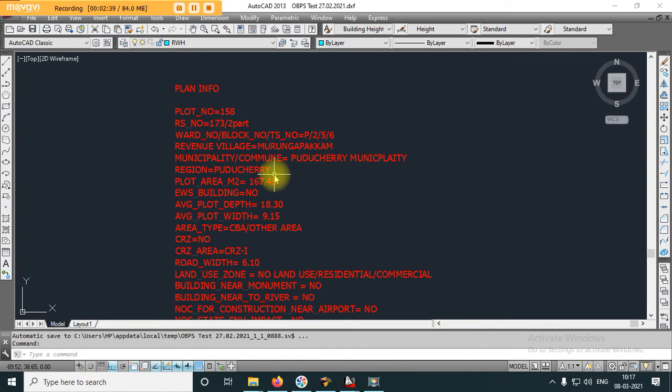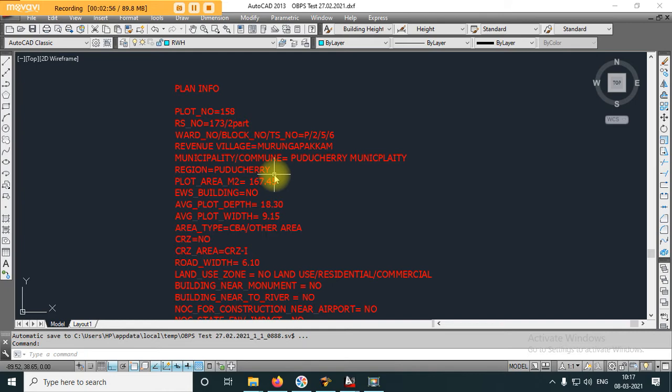As I said earlier, some of the parameters are declared using layers and some others in text format. Text formats are entered using the plan info.